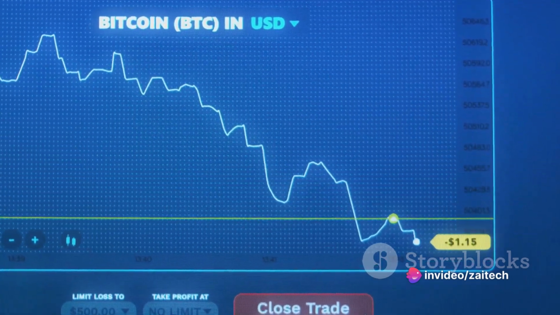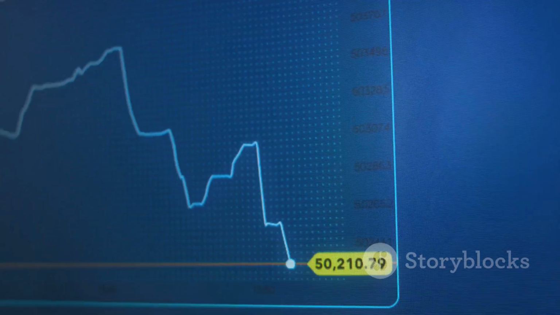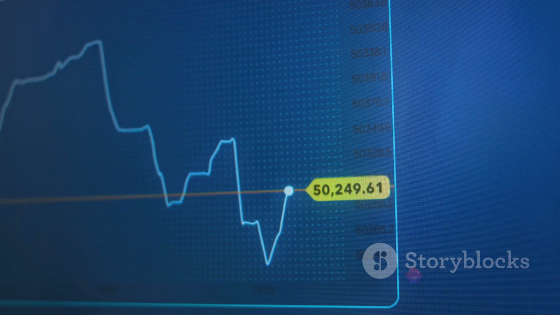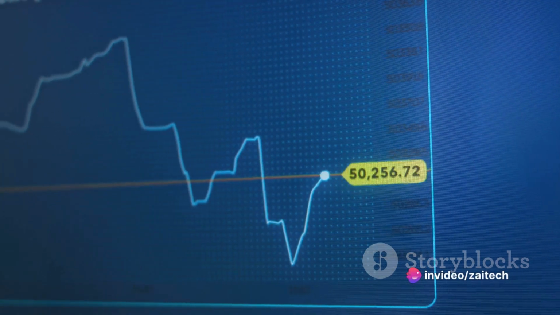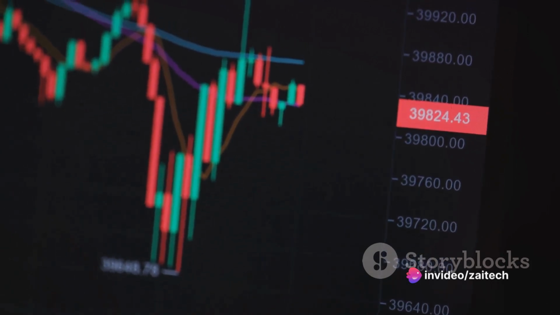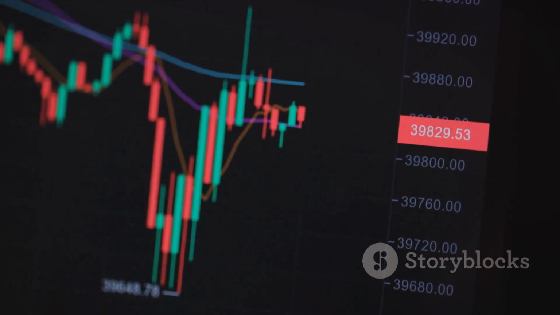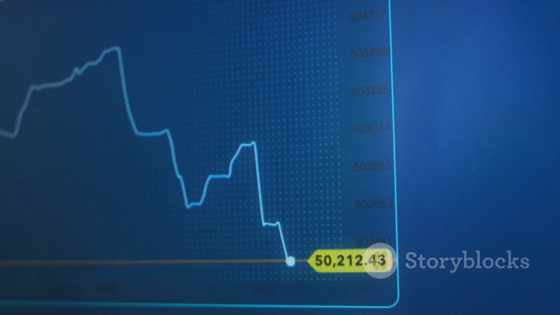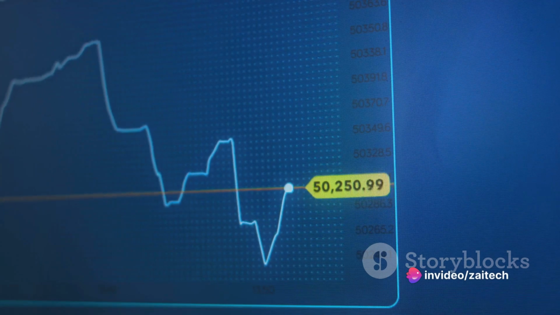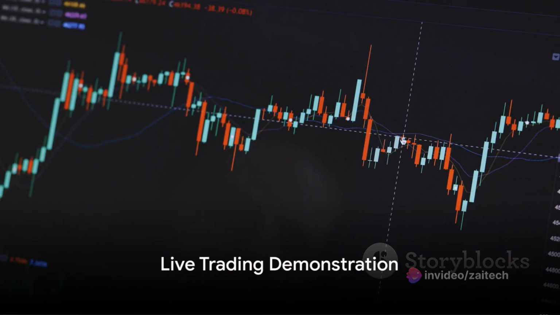Once you've determined this percentage, you can use it to calculate the dollar amount you're willing to risk on each trade. For example, if you have a $10,000 account and you decide to risk 2% on each trade, you're willing to lose $200 if the market goes against you. That $200 becomes your guideline for setting your stop loss order. Remember, successful traders aren't just those who win trades, but also those who effectively manage their losses. Now, we move from theory to practice.